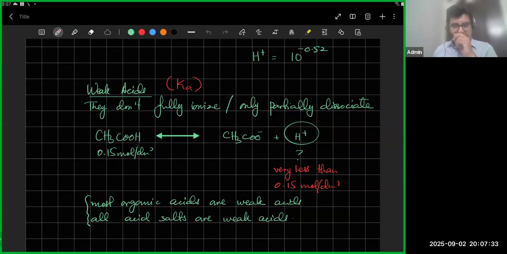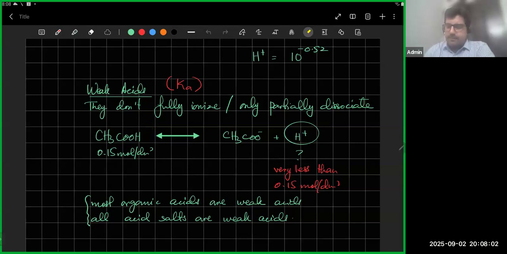Okay, let's start here with weak acids, right? So we had to discuss weak acids. What were weak acids? You already know: the ones that partially ionize, or don't fully dissociate. That's what weak acids are. And the last time we were discussing, since we are dealing with chemical equilibria, I told you that the